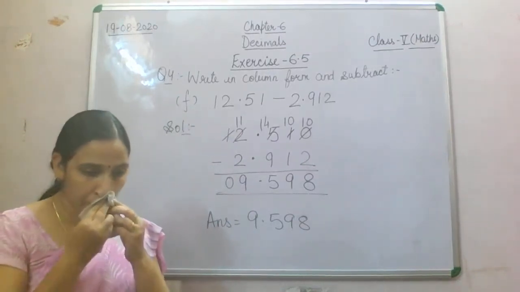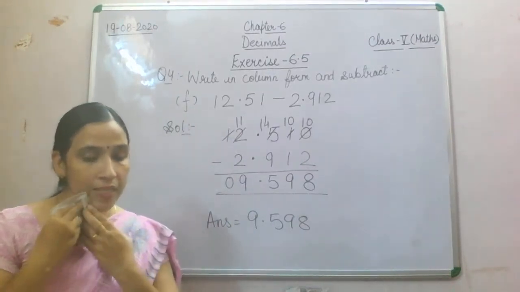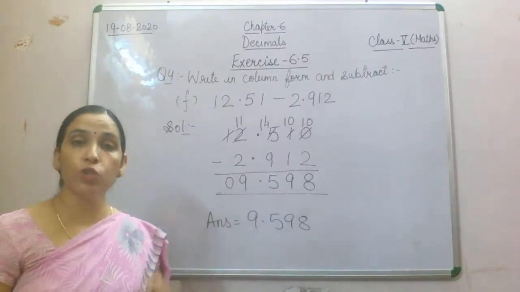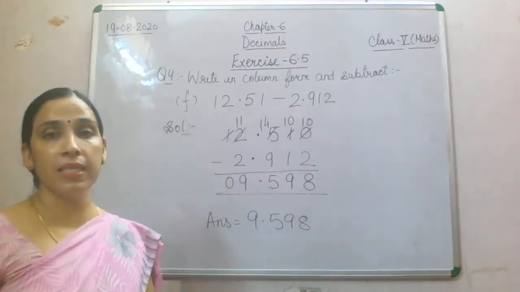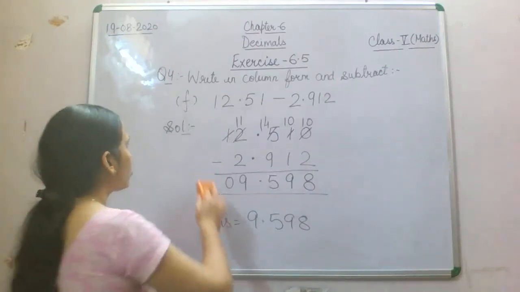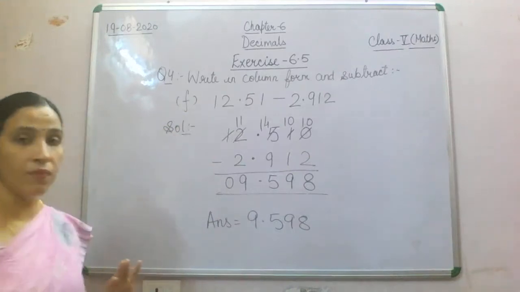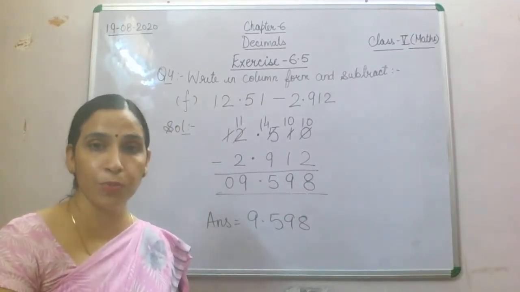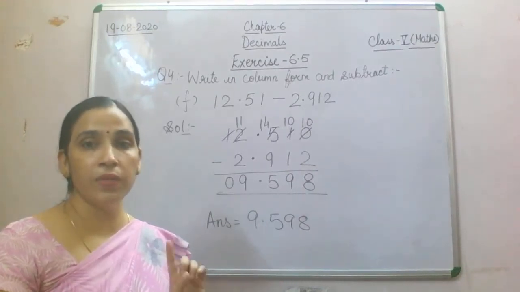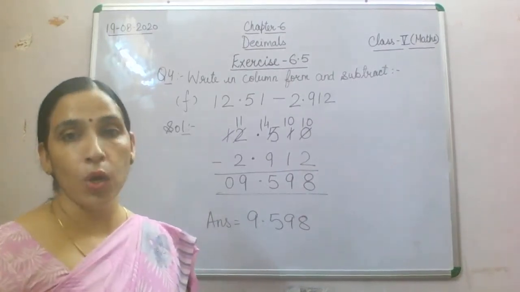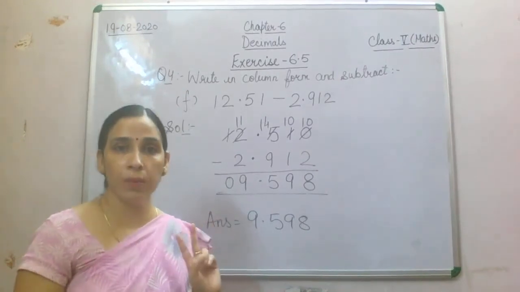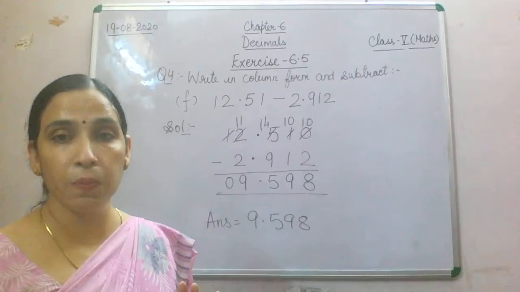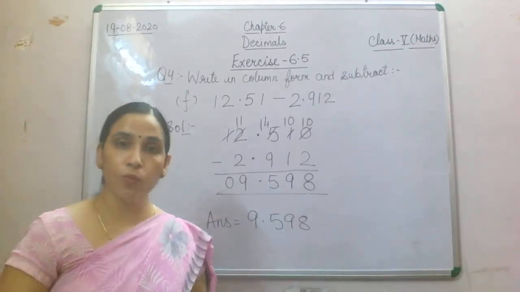And now we will see a few different questions from your question 3, which is already arranged in column, but we'll see how to do the subtraction. So with this F part, we have completed the subtraction questions which have been given in your book. What we have done today: we have done 2 examples. Along with that, we have completed question number 4 of exercise 6.5, in which you are supposed to do subtraction. For doing subtraction, what will you do?